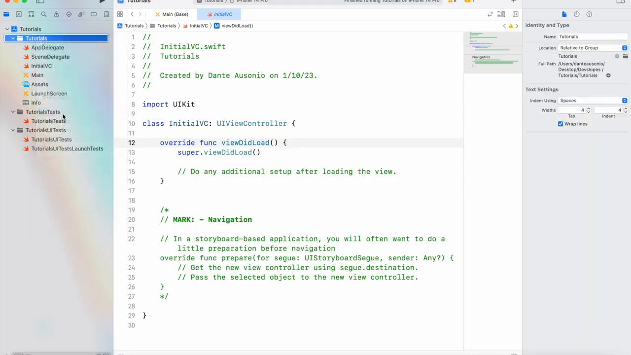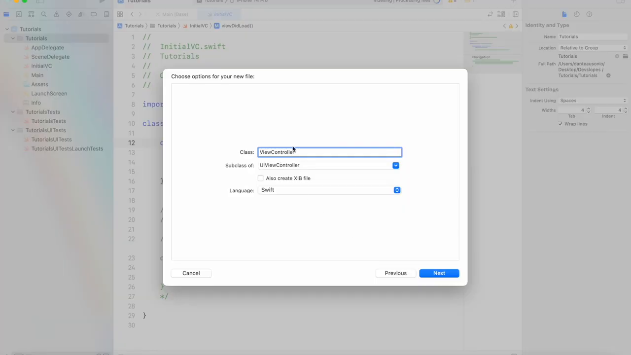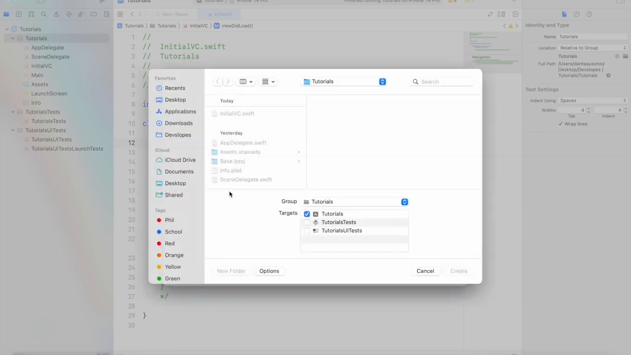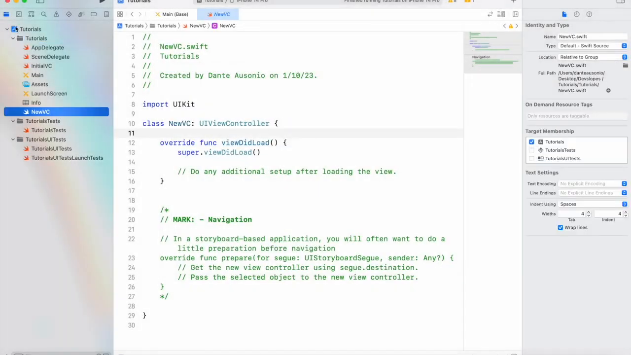Our initial view controller, I'll refer to it as a VC, is going to be the VC that has the data, and the new VC is going to be the one that we're passing our data to. Now we're going to head over to our storyboard